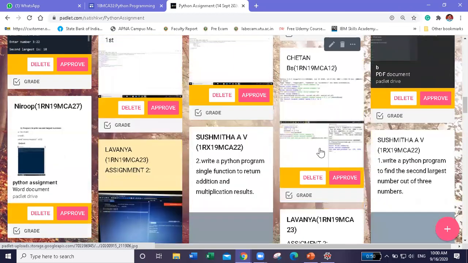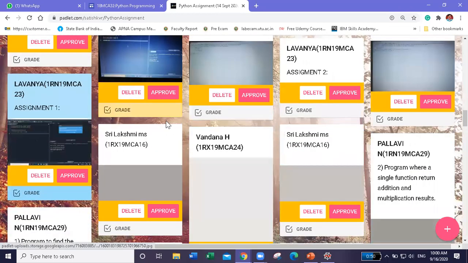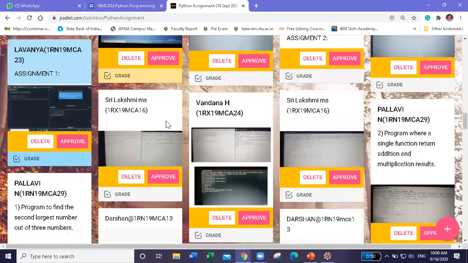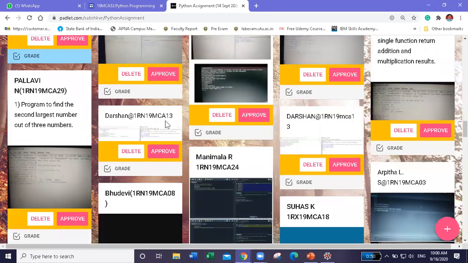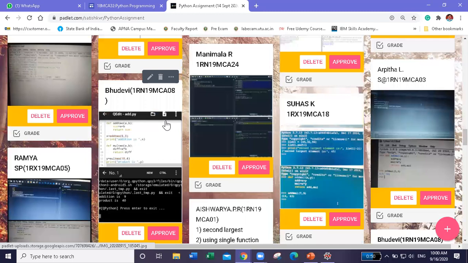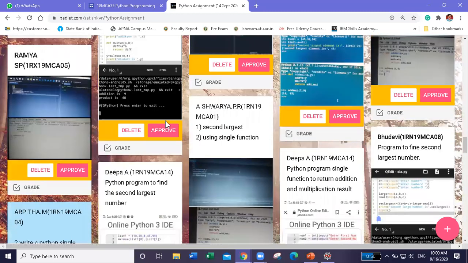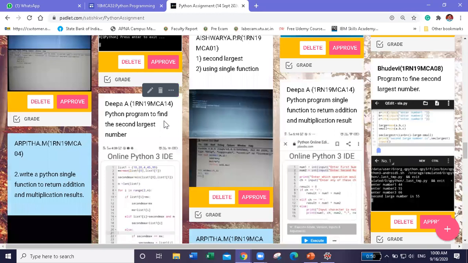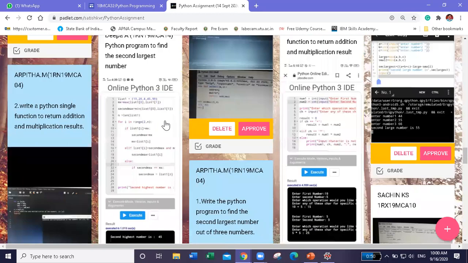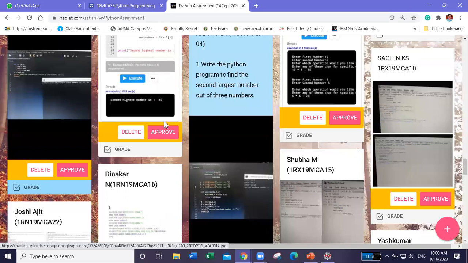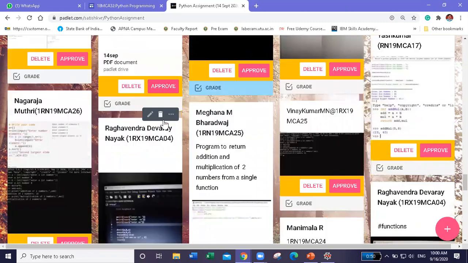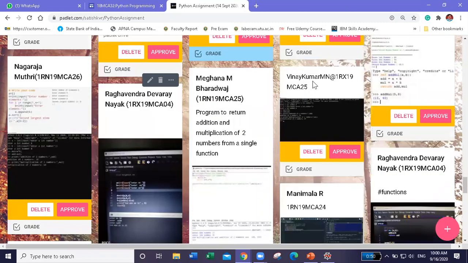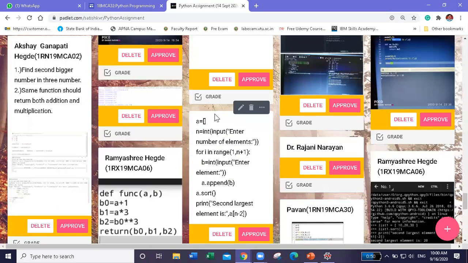Chetan, Sushmita, Lavanya, Sri Lakshmi, Vandana, Pallavi, Darshan, Manimala, Arpita, Suhas, Bhudevi, Ramya, Deepa, Aishwarya PR, Deepak, okay, Arpita M, Shubha, Dinakar, Rashid Joshi, Yash Kumar, Raghavendra Devaraya Naik, Meghana, Vijay Kumar, Manimala, good, Akshay Ganapati, Rameshri Hegde.